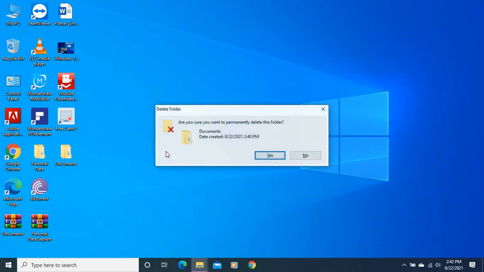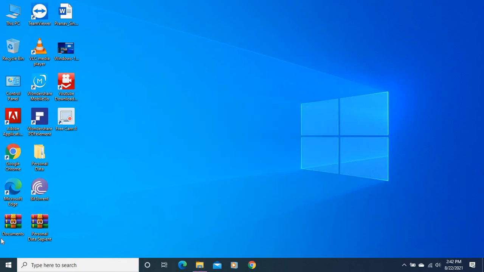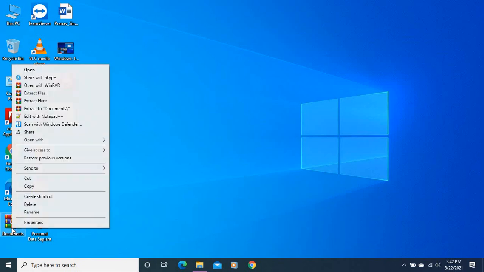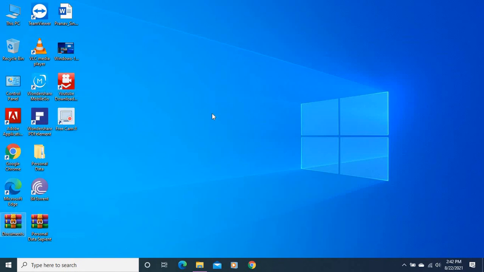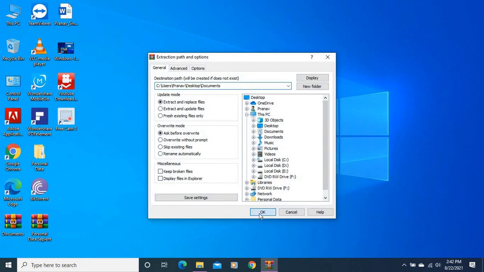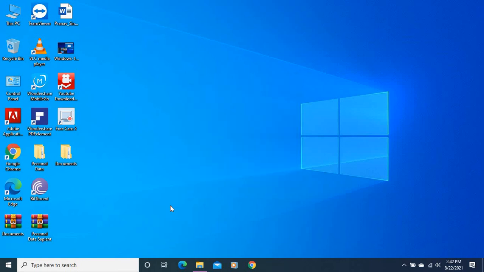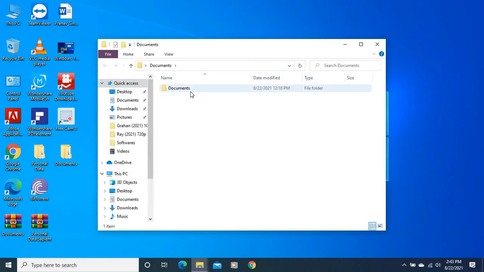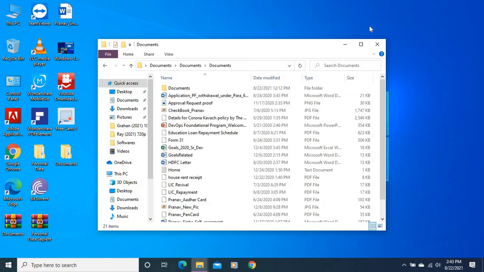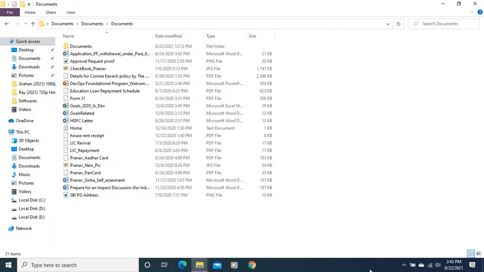So first I will delete this file, and again I will open, extract. So I will put the password. Okay. So now you can see that file is open. So this way you can extract the file and you can utilize the functionality of WinRAR.